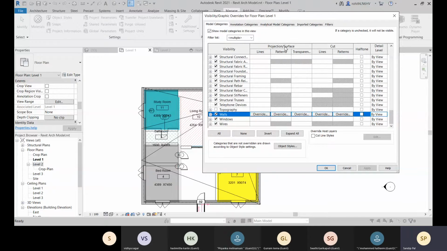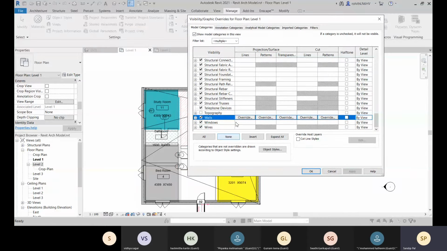So now let me go for this projection and surface. So that will be applied. Projection and surface will be applied to your 3D views and your elevations, and cut is for your plan views.